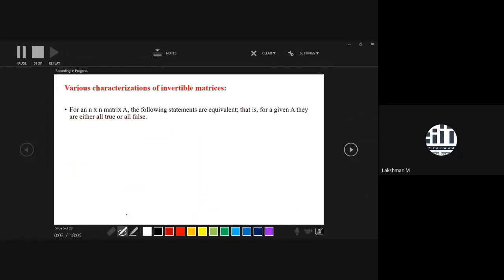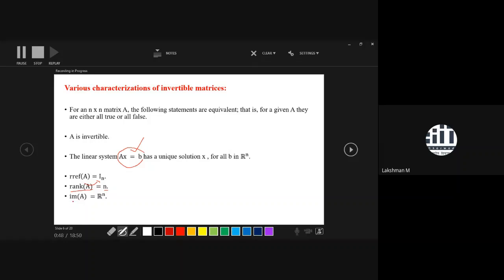So one visualization of invertible matrices you can also observe here. An invertible matrix is possible only for a square matrix. If the matrix is square, then you can talk about invertibility. A matrix is invertible if the system AX equal to B has a unique solution. That we had already seen in systems of linear equations. The second condition is that when you apply RREF over the matrix, it is converted into an identity matrix. Another is that the rank of the matrix is equal to n. Then we can say that the matrix is invertible.